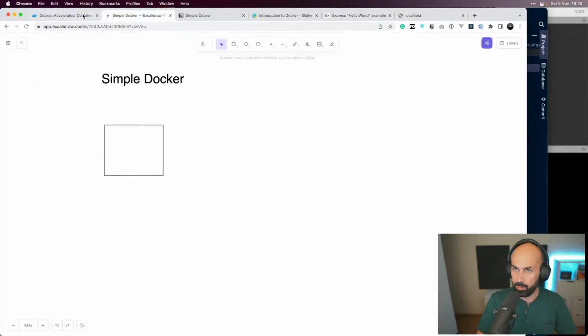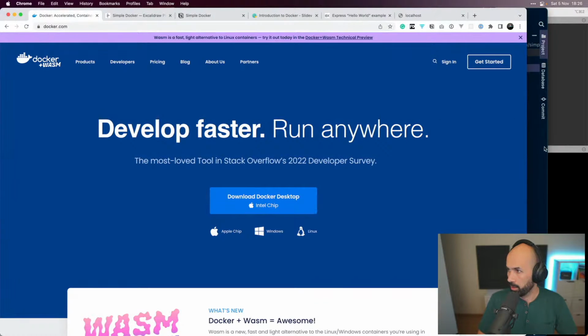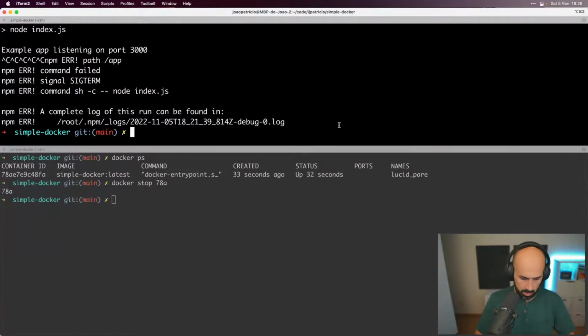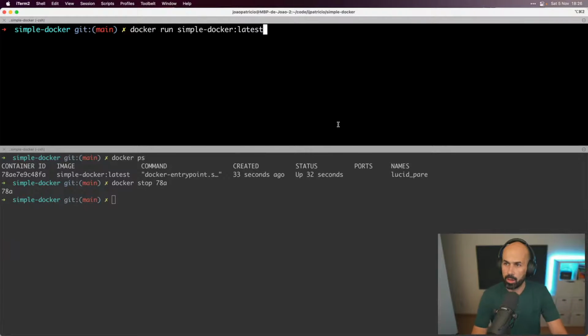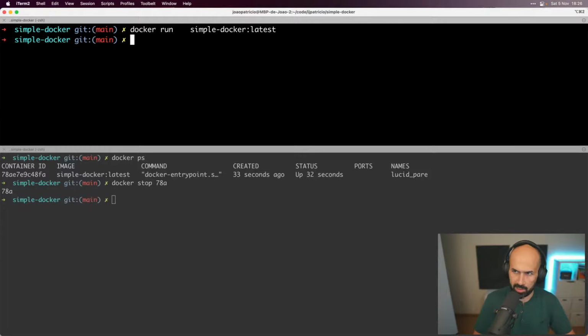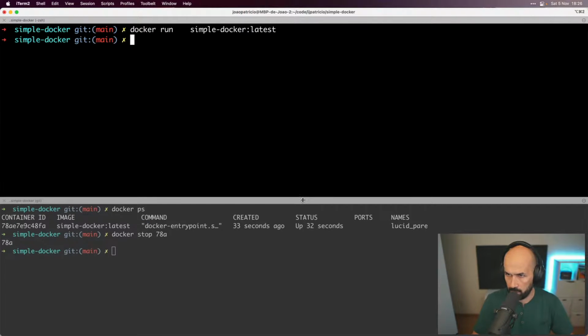so let's come back to our run command, and this time let's run it in a different way. Let's show you docker run --help.